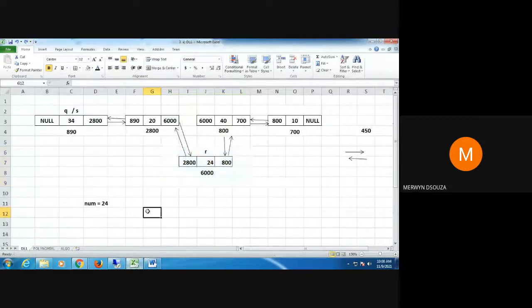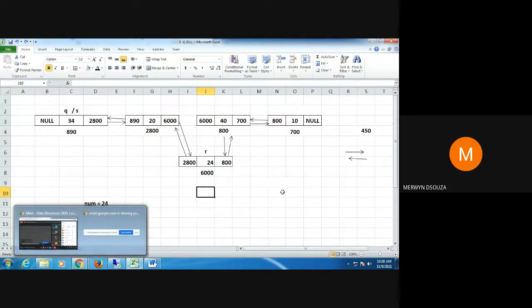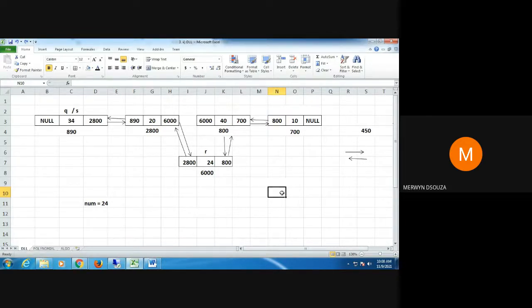Now, students, before I proceed with this, tell me, look at the diagram before you answer. Suppose R was the first node. My program does not know, meaning the machine, your computer, does not know whether what you're deleting is the first node.